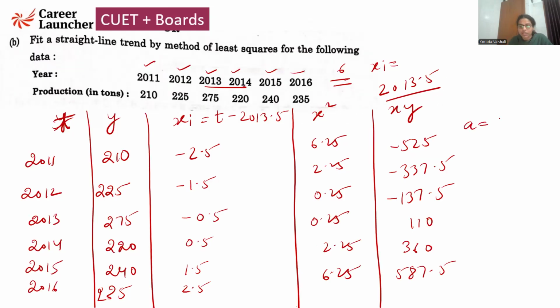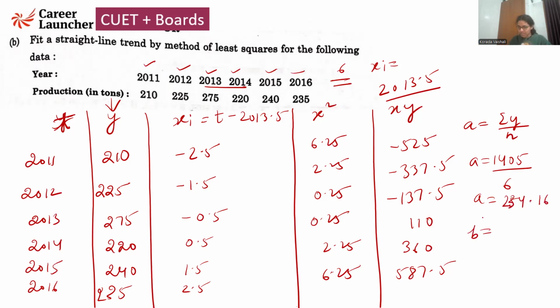that what is the value of my A? It is the summation of y by n. So the sum of the y column is coming out as 1405, and n is 6. So the value of A is coming down as